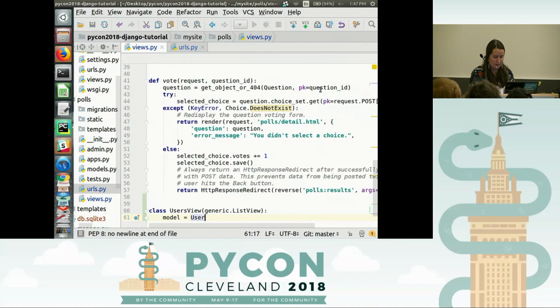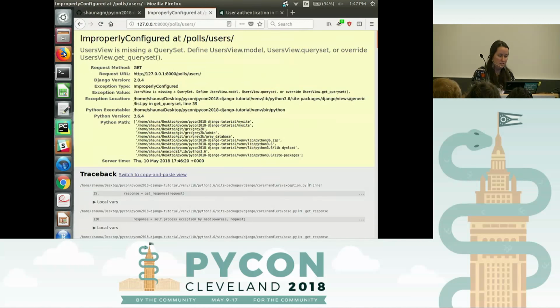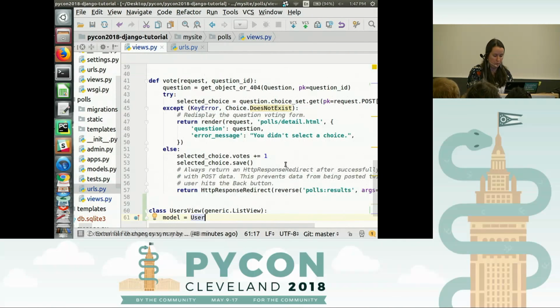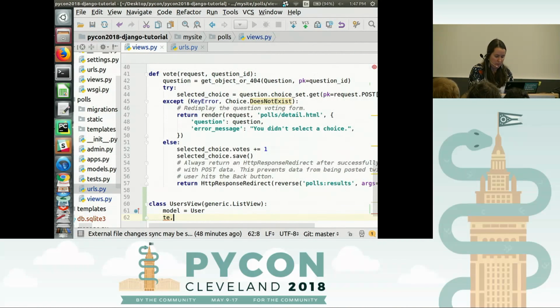And now that that's set, I'm going to try again. See what happens. No, I got another exception. This time it says template does not exist. So there's a second required parameter I'm missing, which is the template that the view needs to use. So I'm going to give it the template name